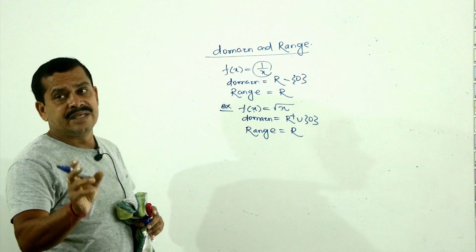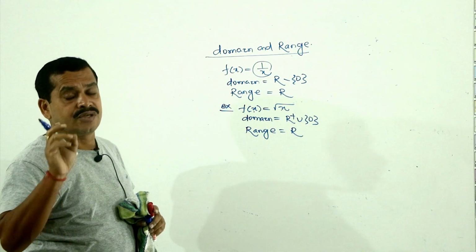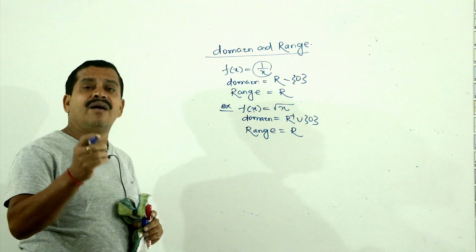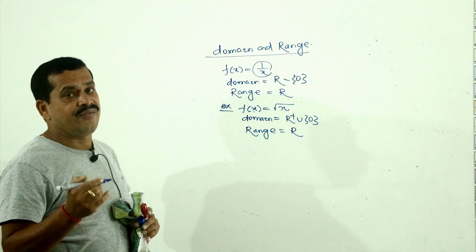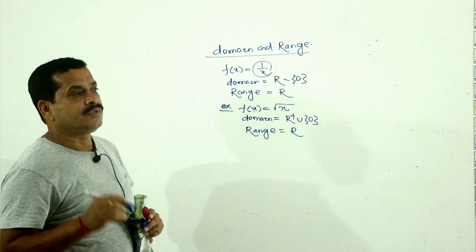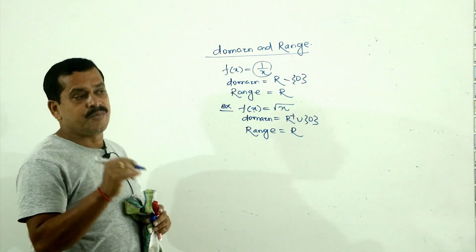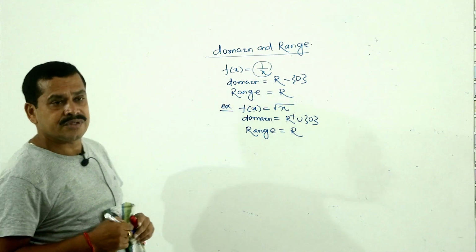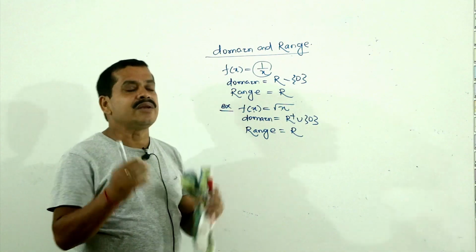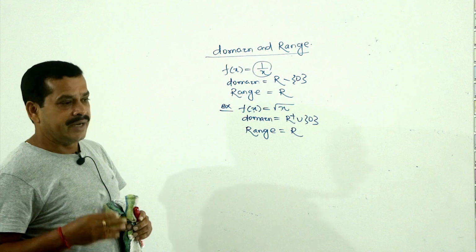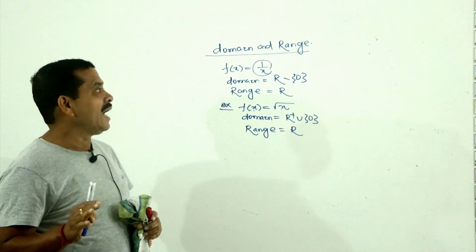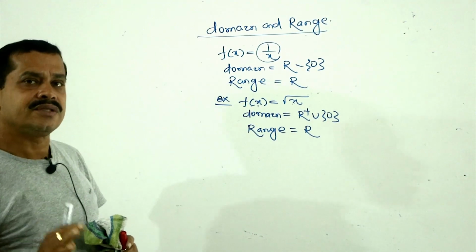The words domain and range are very important for the function chapter. Just go through more examples. You follow the book R.D. Sharma, then you will understand in detail; more examples are there. You can go through some other textbooks too. K.C. Sinha is also a very good book, and if you go through more examples then the idea will be clear. Thank you all. In the next video we shall discuss domain and range in detail and also the algebra of functions. Thank you again.